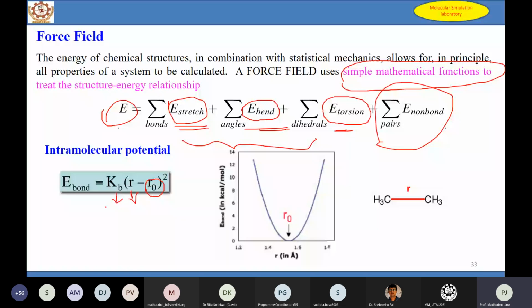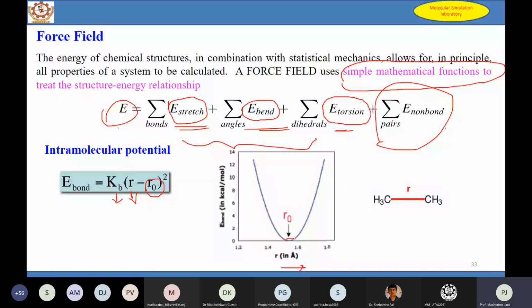Here we are just using the simple harmonic oscillator model, which is the simplest model. Obviously nowadays, when people are developing force fields, they are introducing anharmonicity in their models, but I am not going to discuss that because it is beyond the scope of this lecture. I will confine myself to the additive force field, which is based on this harmonic potential. You can see how the energy changes with the change of the length. We have taken only the carbon-carbon bond length, and this is the zero potential energy, where the equilibrium bond length is reached.